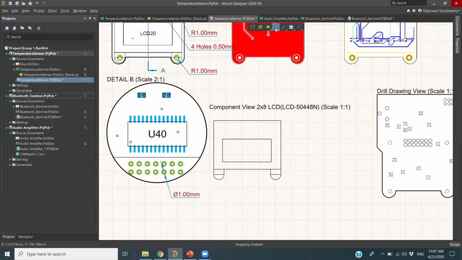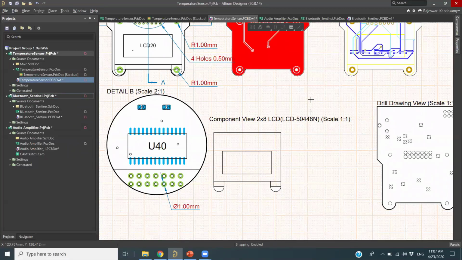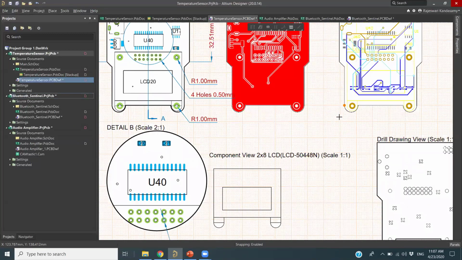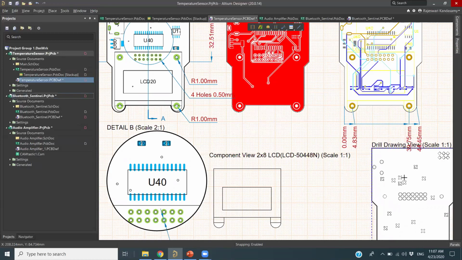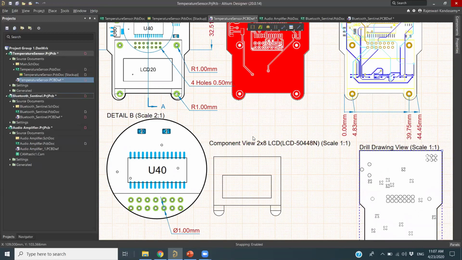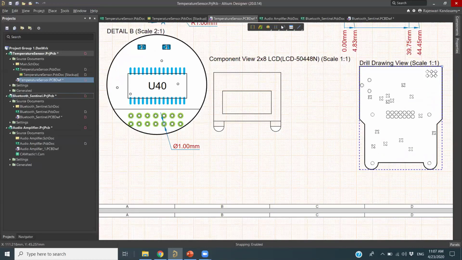Then you can also do the ordinate measure dimensions. So ordinate dimensions, normally, if you want to measure from point to point measurements, so you can do that. For example, you see, I just do only the center click. It will automatically do the ordinate dimensions. No need to go for the one length to length or something like that. Just click the points. It will automatically generate the ordinate dimensions for you. Okay, so we can do all these measurements here.